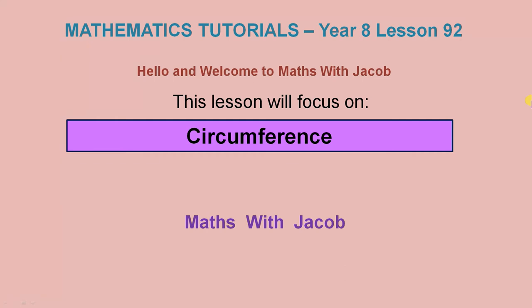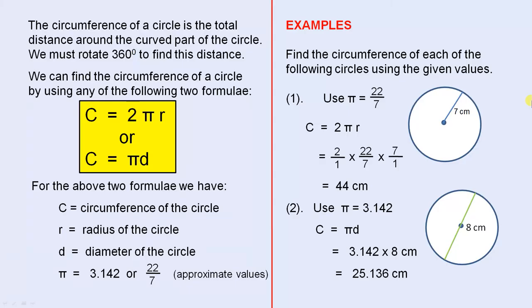This lesson will focus on circumference. The circumference of a circle is the total distance around the curved part of the circle. We must rotate 360 degrees to find this distance. We can find the circumference of a circle by using either of the following two formulae, either this one or